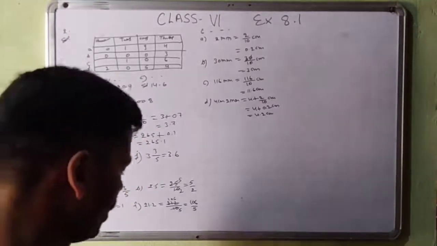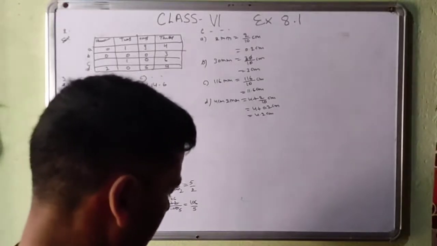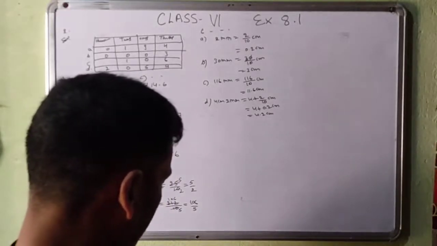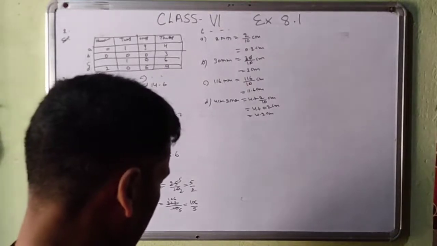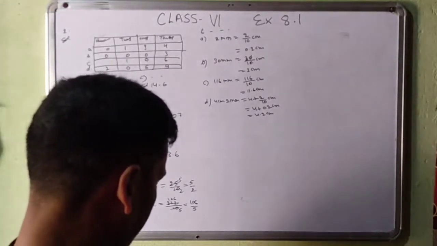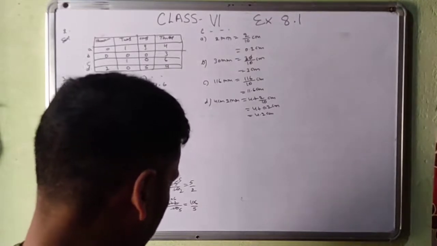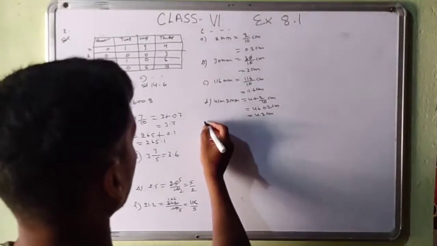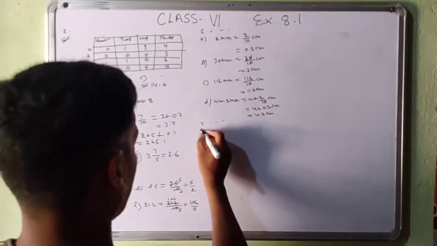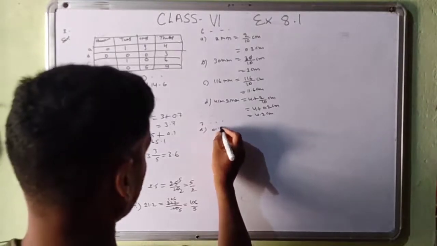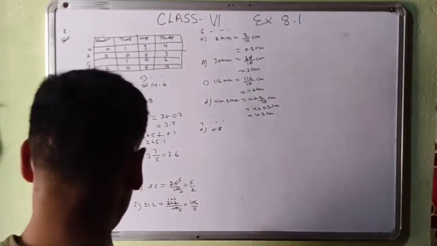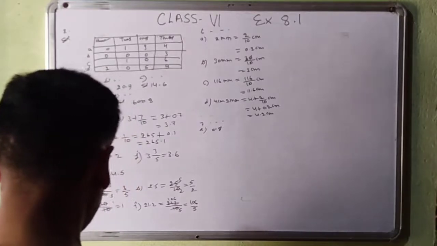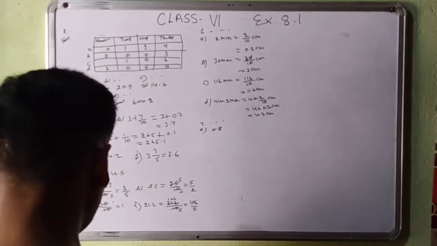Now 7th question. Between which two whole numbers on the number line does the given number lie? Which of these whole numbers is nearer to the number? You look at the diagram there. A part, 0.8. Where does 0.8 lie? Which of these whole numbers is nearer the number? And one more question is between which two whole numbers?